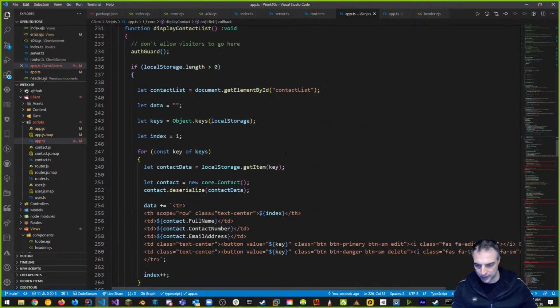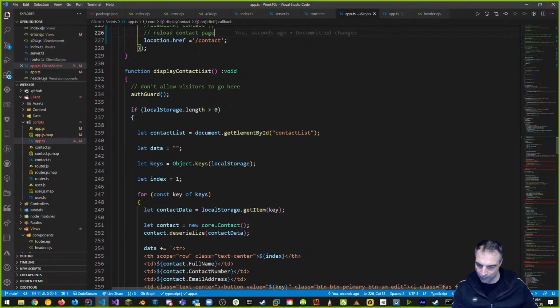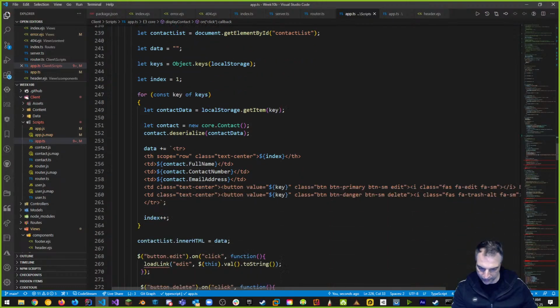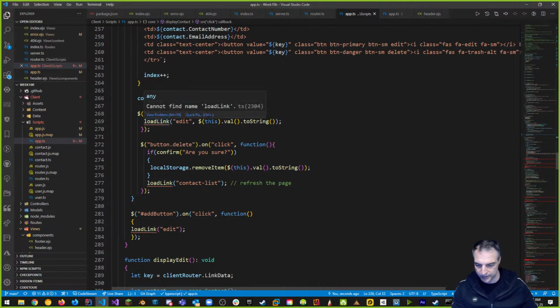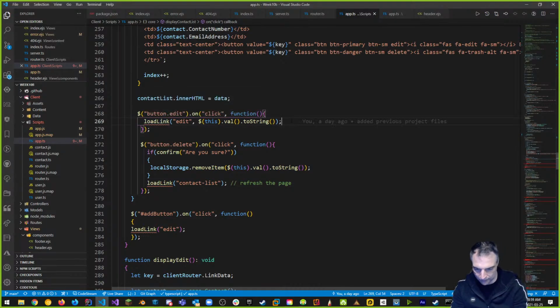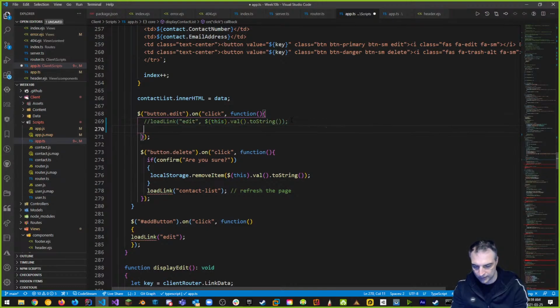All right, what about this part? This is our contact list. That I want. Okay, so cool. Let's go down and see what I can remove though. My button load link. Okay, we want to make it so that it's a location.href in here instead. So we're going to comment this out. And we're going to say location.href, and that's going to equal to